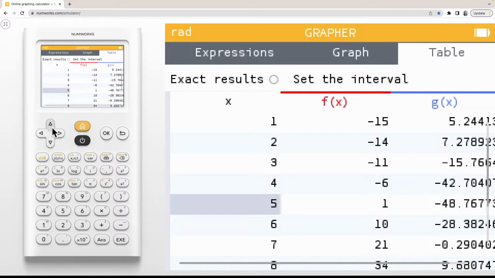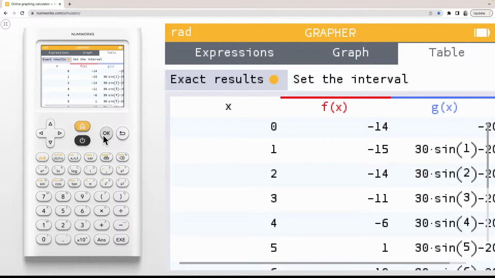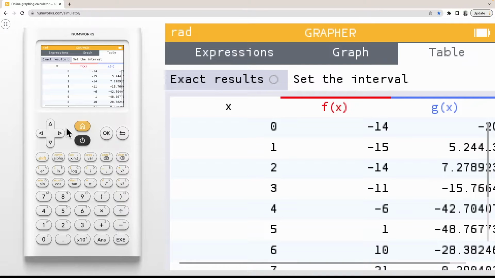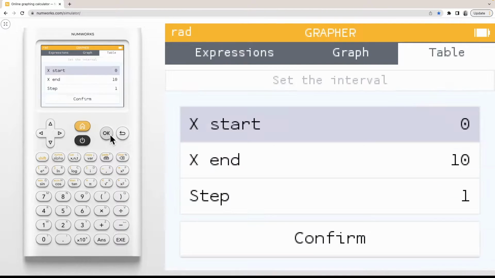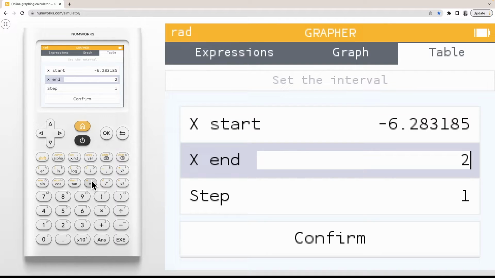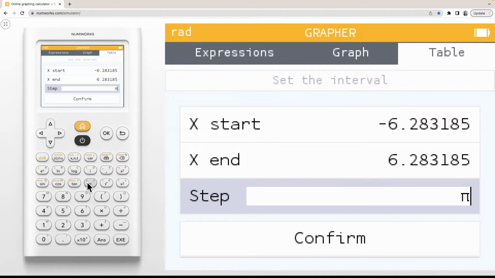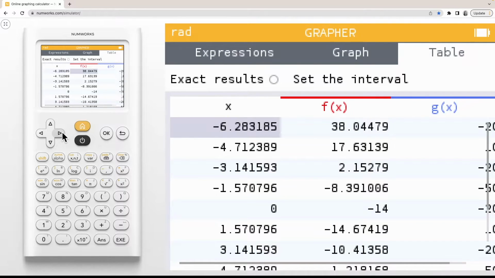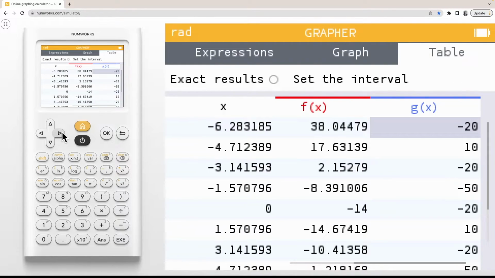Here in our table, we have a couple options. You can toggle on the exact results. You can even set the interval. Setting the interval allows you to pick which x values you want to start with, end with, and the step size. Since I have a trig function graphed, I'll start at negative 2 pi and go to 2 pi, and I'll do increments of pi over 2. Now we can see that our x values have updated as well as our g of x and f of